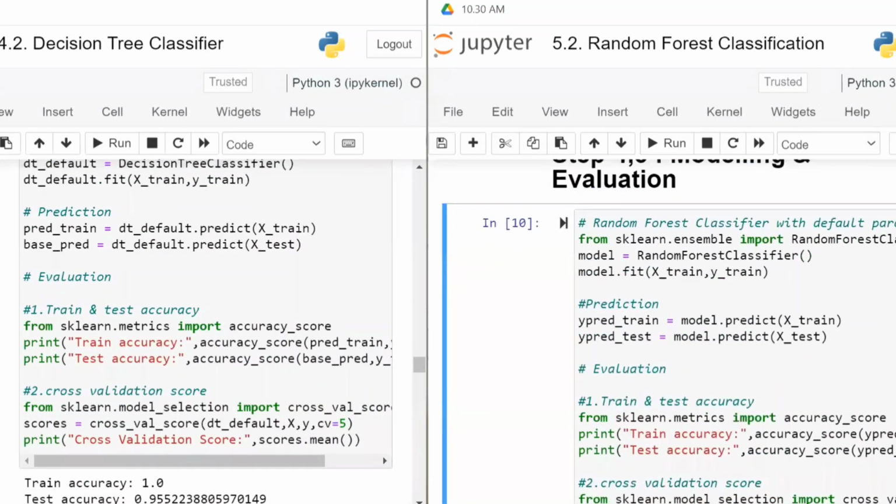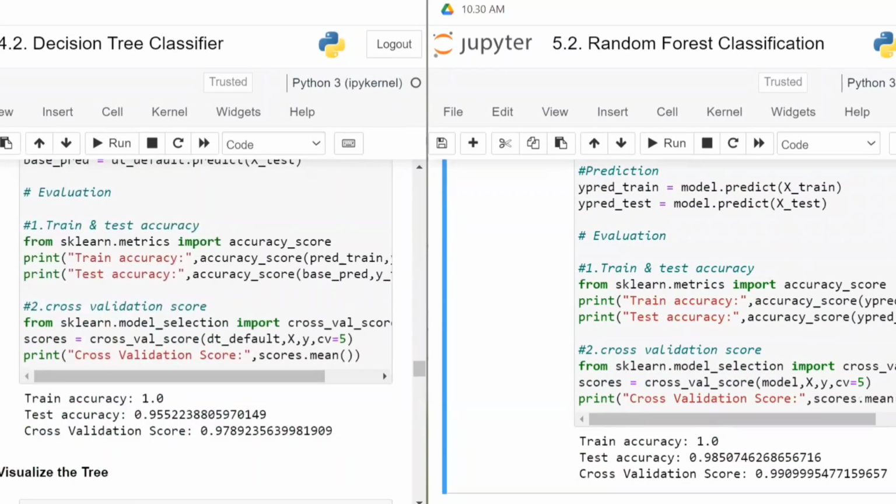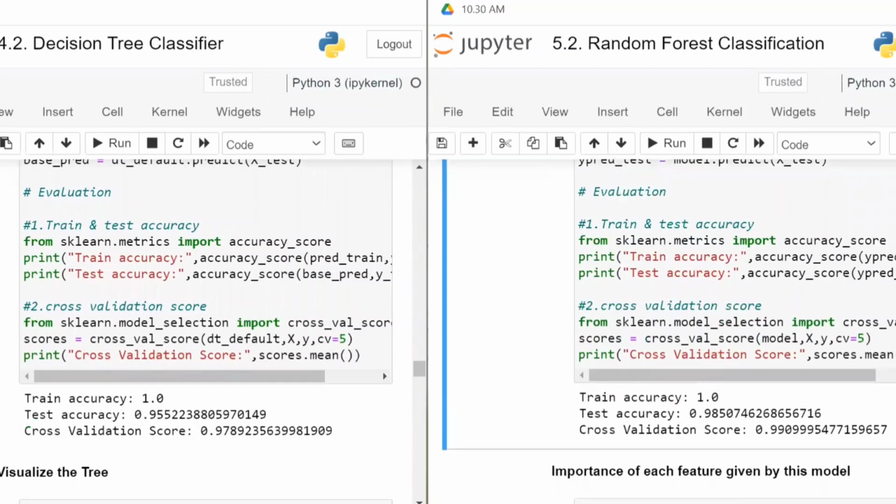The only difference is in this line: I have used only RandomForestClassifier. Here I have got a train accuracy of 100%, test accuracy of 98. Now the test accuracy has increased compared to your normal decision tree. And you have got a cross-validation of 99.